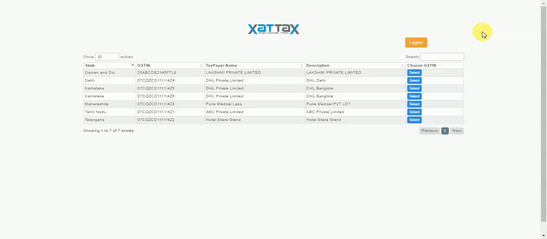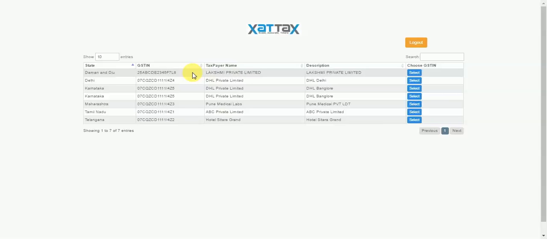In a legal entity, typically there are two users, an accountant and a manager, who are responsible for the filing process. It is the responsibility of the accountant to get all the transactions into ExactTax, review them, and take any necessary action if needed. Once this is done, the accountant can then submit for approval. Here, the manager is the approver, and once the manager approves the transactions, the accountant will then be responsible for saving, submitting, and filing with the GST network.